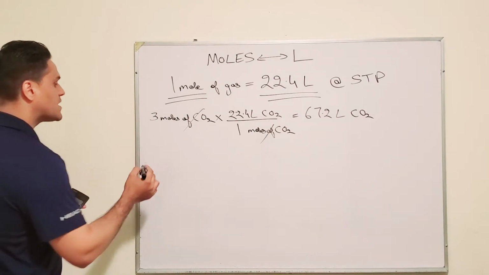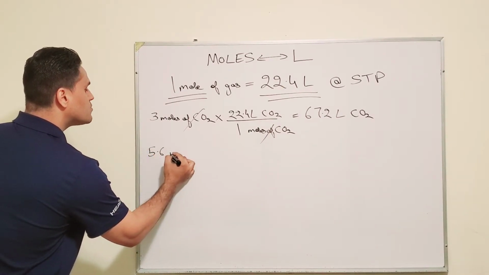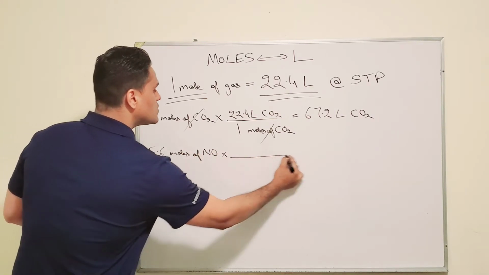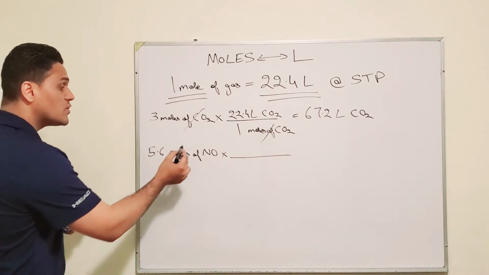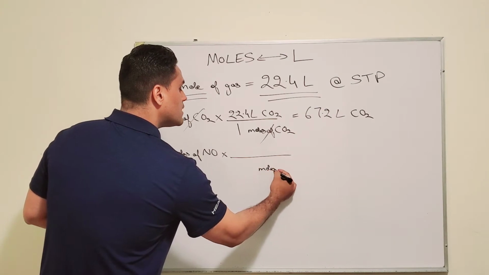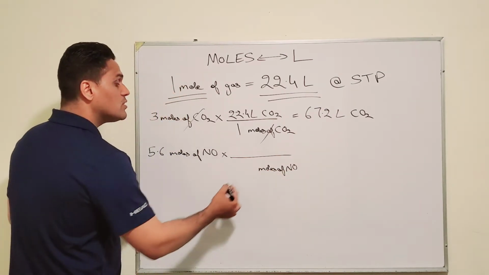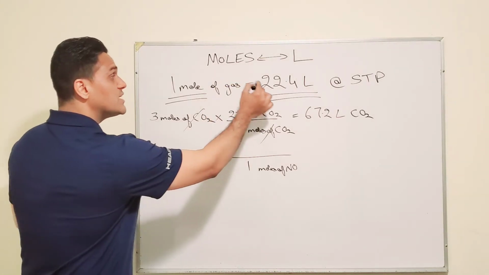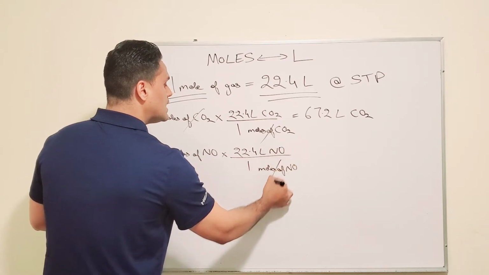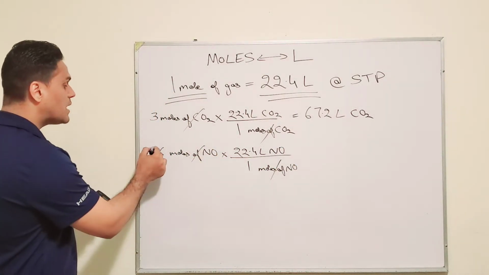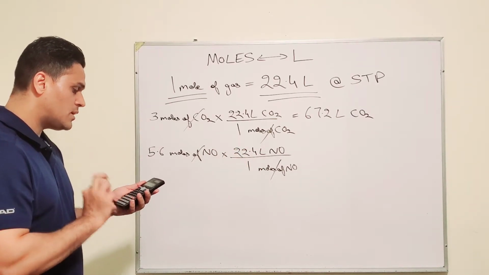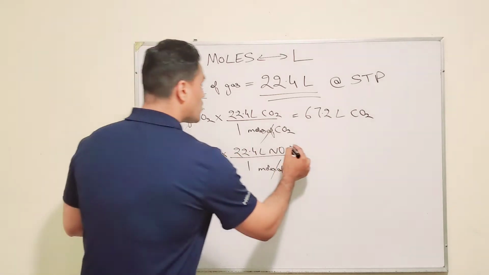Let's do another example where we have 5.6 moles of NO and the question is asking us to convert it to liters. Again, what's your unit at the top? That's moles of NO. You'll put the same unit at the bottom. Moles of NO. And we all know 1 mole of any gas has 22.4 liters. So this will have 22.4 liters. Your moles are going to cancel. So you just do 5.6 times 22.4, which gives me 125.44